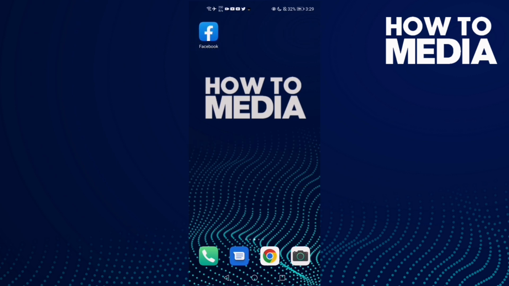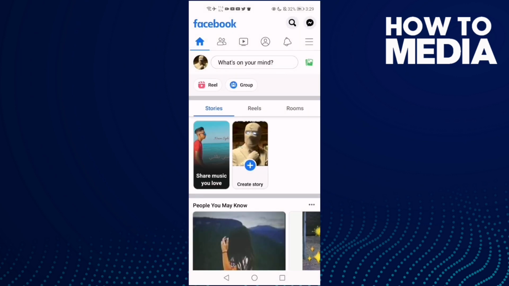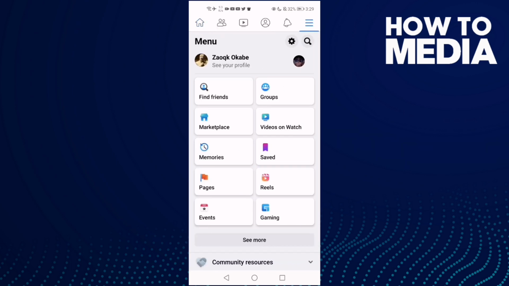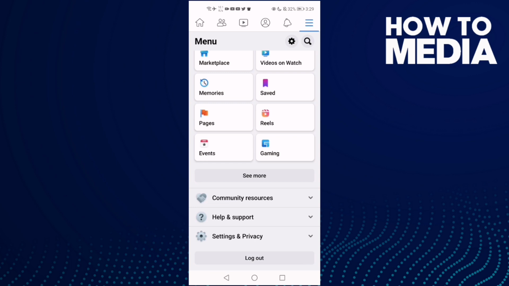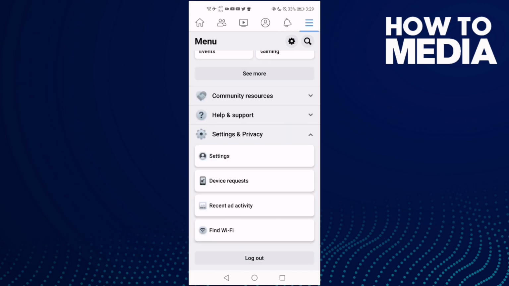First thing you're going to do is go to Facebook and then click these three lines here, and now go down until you find settings and privacy, and then click this one, settings. Click on it